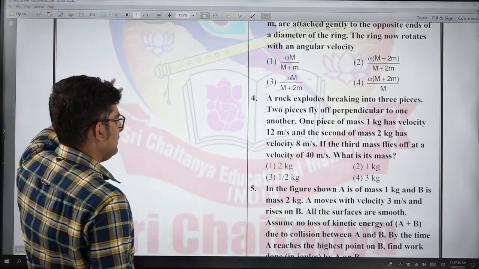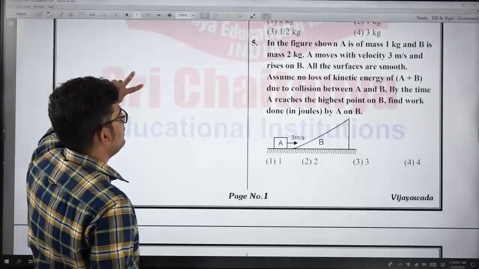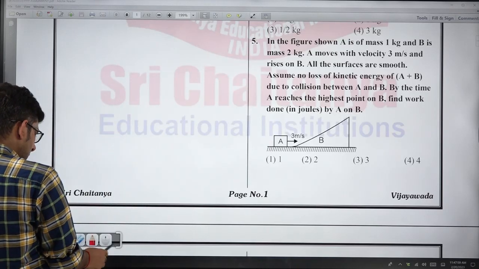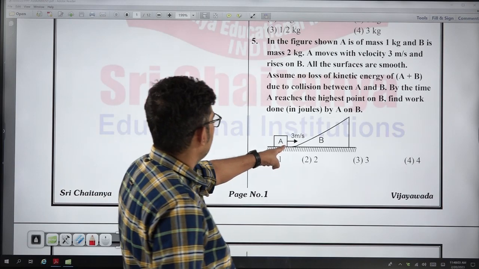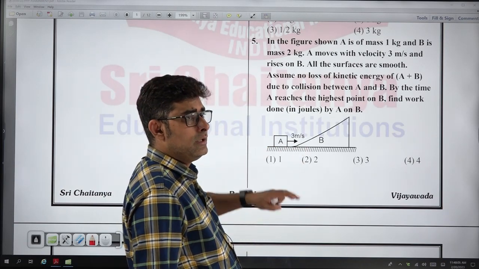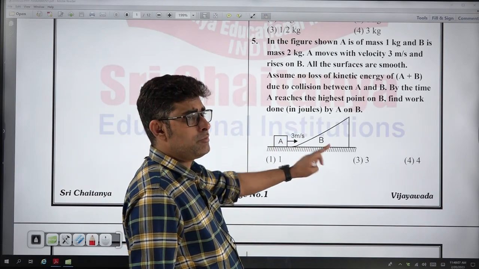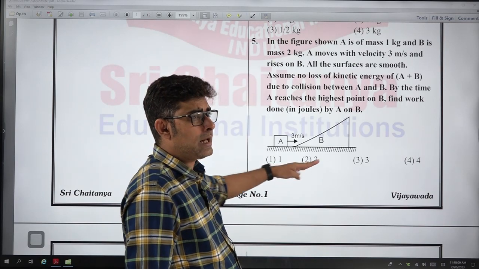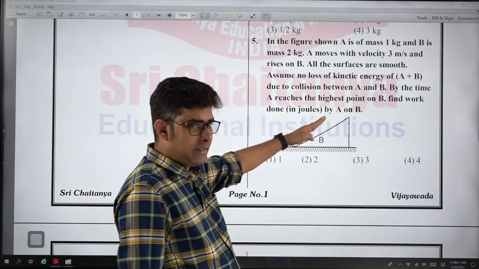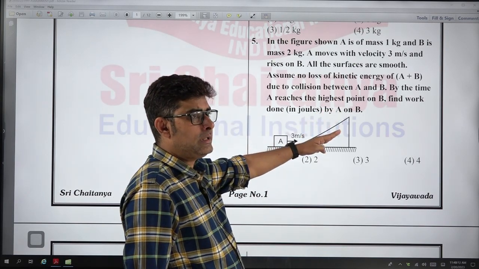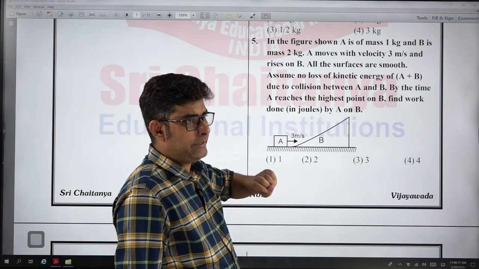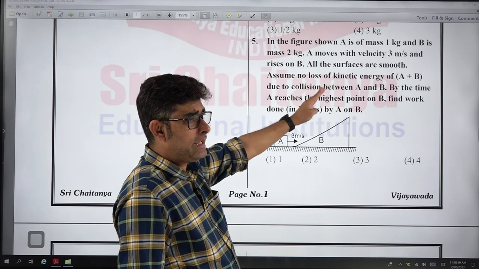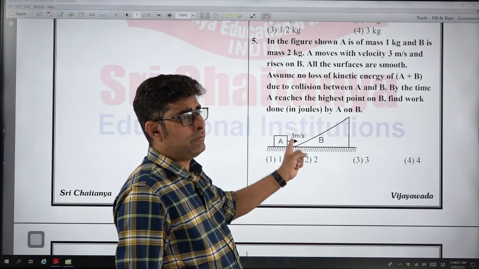Now let us see the fifth question, what it is saying. Okay, we have again a question based on diagram. In the figure shown, A is moving at 3 meter per second and mass 1 kg, B is of mass 2 kg. A is moving and it rises on B, means it will come in contact. So it comes in contact, there is no loss of kinetic energy, they have said, for the system A plus B due to collision. By the time A reaches the highest point on B, find the work done in joule